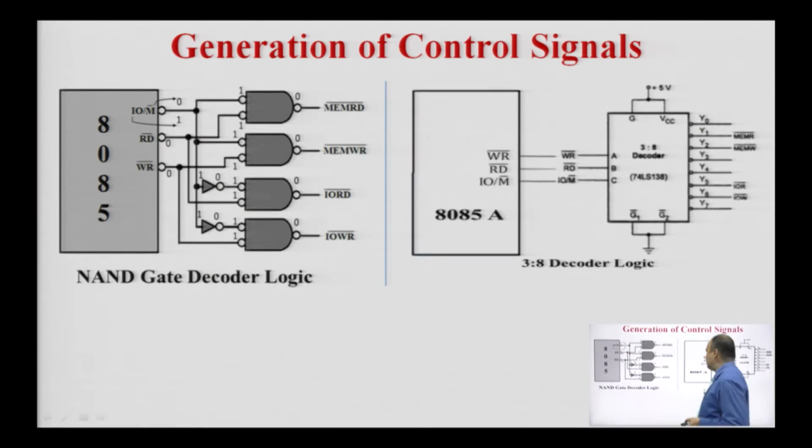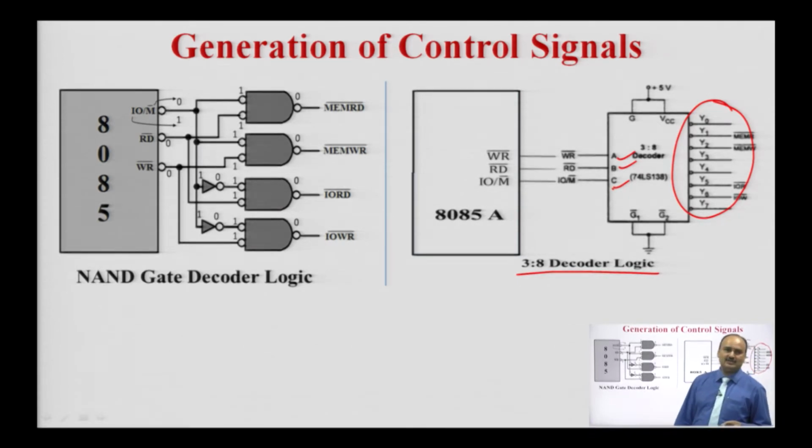Now, the second technique which is commonly used is the 3:8 decoder. In this 3:8 decoder we have 3 inputs, that is input A, input B, input C, and the decoder has 8 active low outputs, that is Y0 to Y7. In addition to these inputs and outputs, the decoder has 2 groups of control signals. G1 bar and G2 bar are active low, normally connected to ground, and the other control, G, is connected to VCC, the plus 5 volt supply. So, this is the basic concept of the 3:8 decoder.